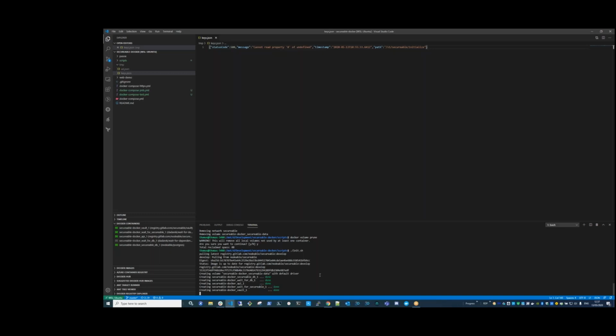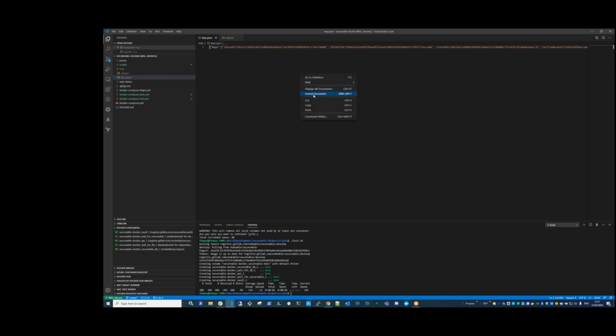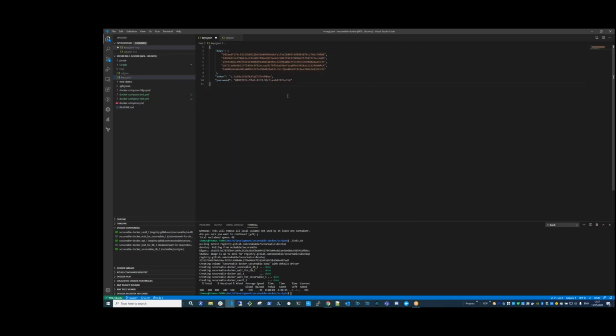Okay, so I'm going to start up my containers again, and hopefully I'll get a keys file that has all the keys that are divided into different pieces, like Julian was talking about earlier. Yep. Okay. So what we see here in this JSON file is an auto-generated file that contains the 5 different shards of the combined key that's needed to unseal the SECURABLE system.